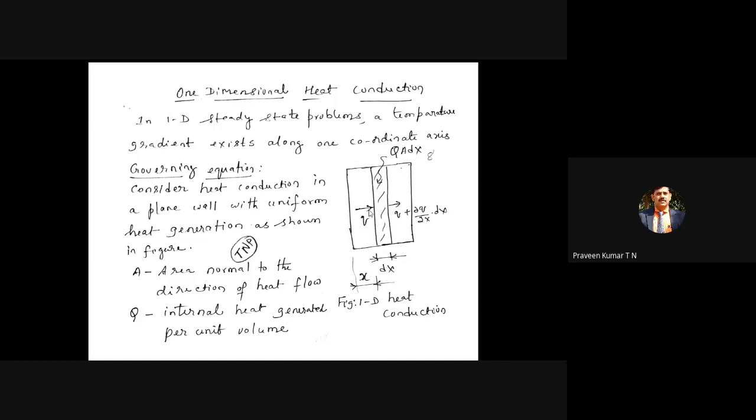You have to remember, if you consider a small strip, it is not a finite element, you are considering a small volume. At one end the heat in is q, or we can take qx. At the other end there is a small variation of the heat, q plus del q by del x into dx. Del q by del x refers to the rate of change of heat flow per unit distance, into the total distance you are considering, the length of the strip, dx. I hope you are familiar with those notations.